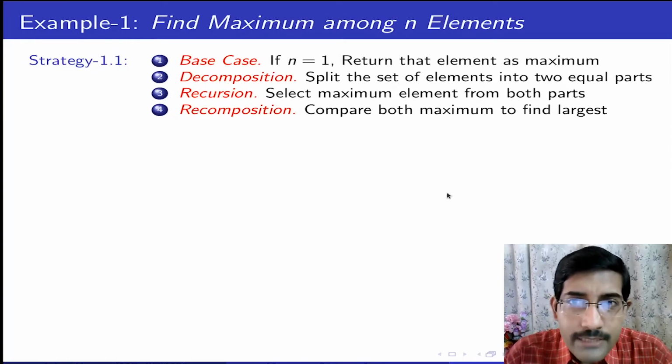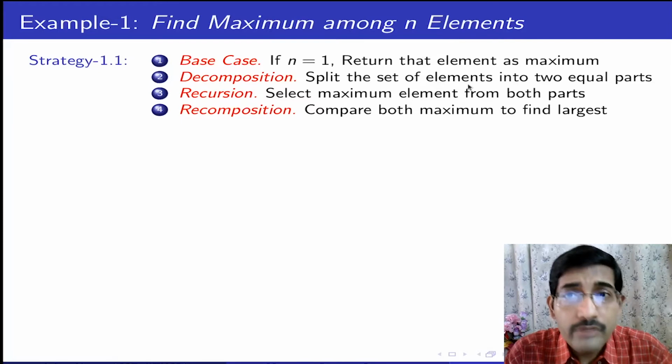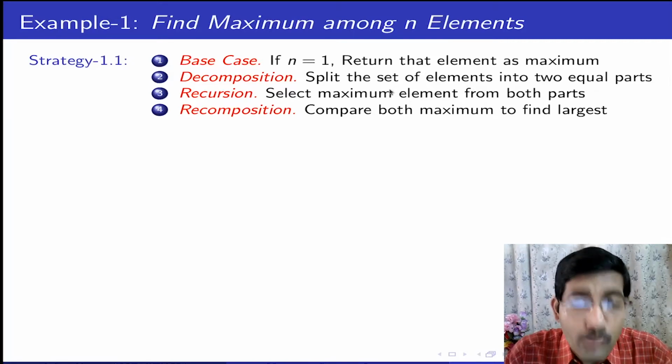So how do we find the maximum among n elements given in a set? The base or fundamental point is that if you are given one element, you just return it as the maximum. Your decomposition is that you split the elements into two parts. I will see how, if I change my splitting of the parts, the final number of steps, or here the number of comparisons, changes. How does the recurrence give me that answer to understand how good or bad I am doing?